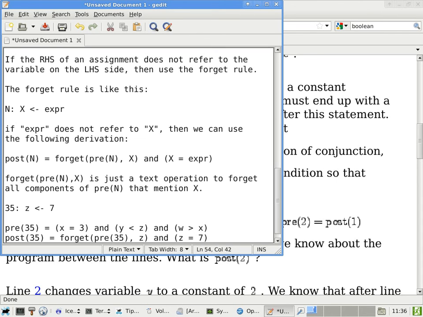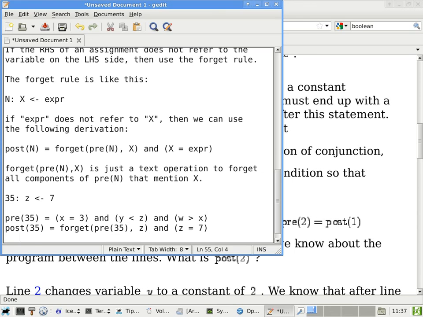Oh, that is kind of cool, because that means that once we can match the format of the assignment statement to this general form, evaluate this condition: does expr refer to x? And we know that expr does not refer to x, then we can just write the post condition just like this. The next step is a little bit more cumbersome, because in the next step, you have to expand